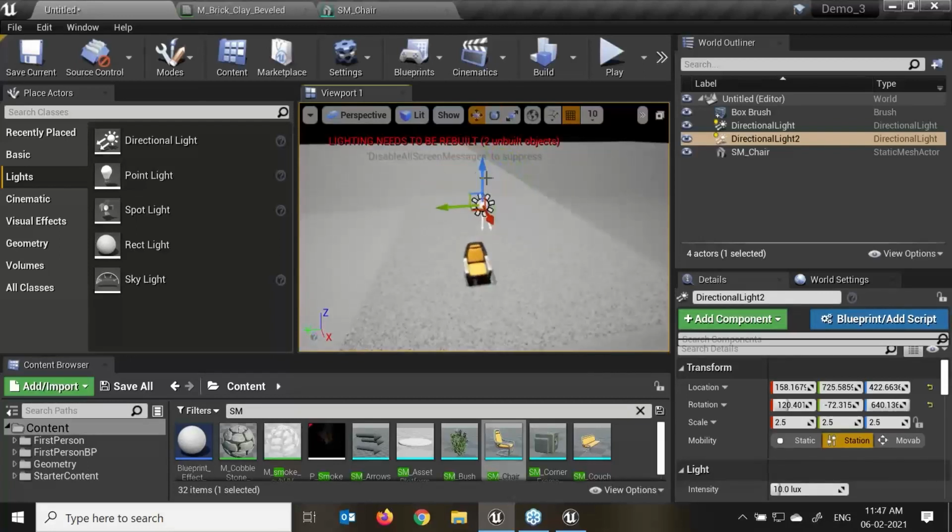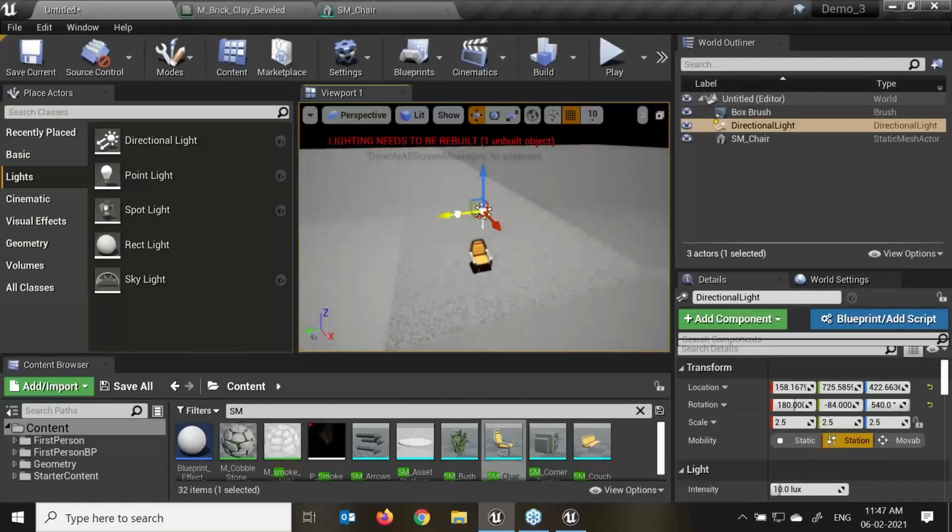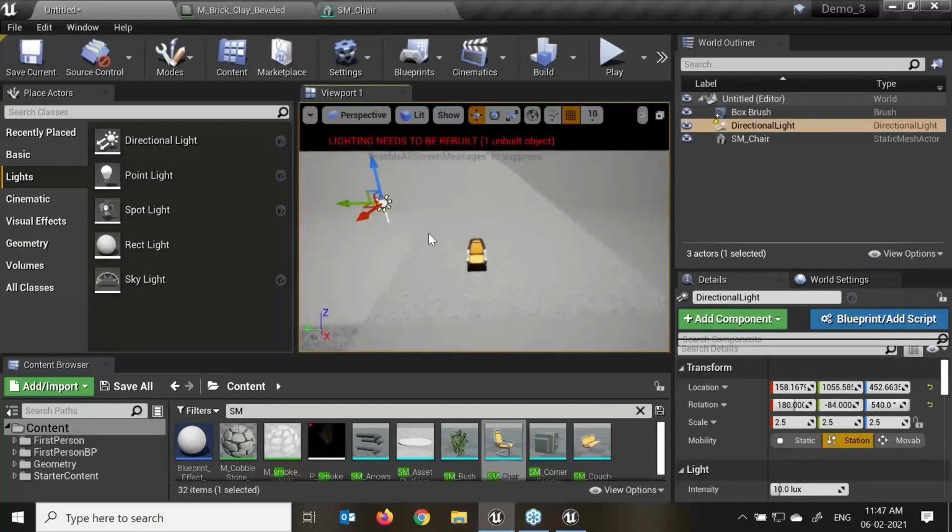It means whether my light is here or at a distance doesn't make any difference. It will emit the same. If I put my light near my object, it doesn't mean we'll get more intensity on that particular area. No. The shadows cast by the light will be parallel,